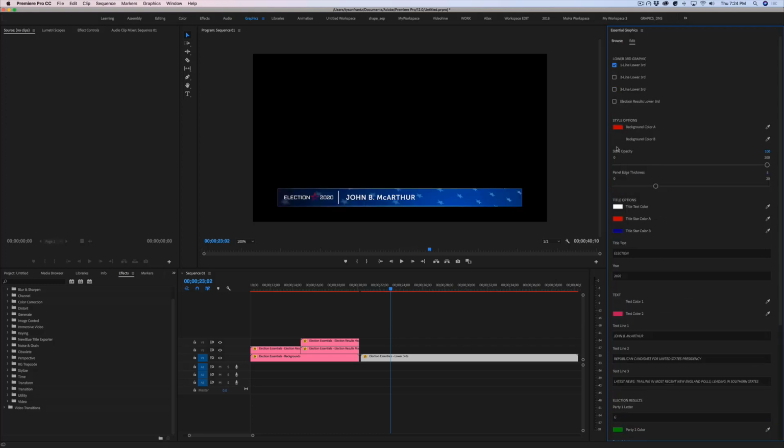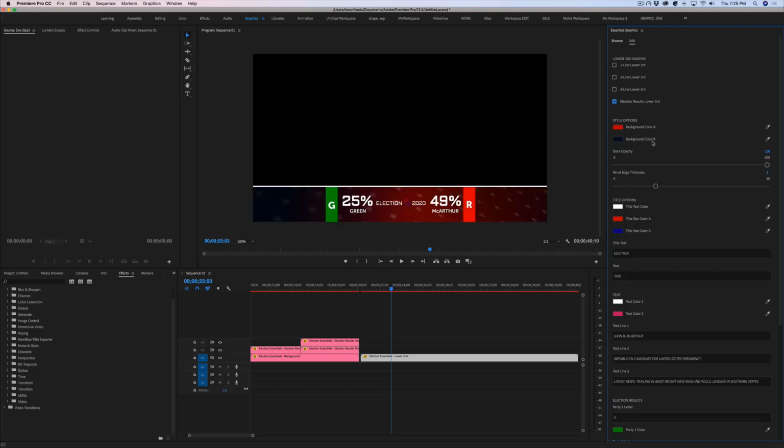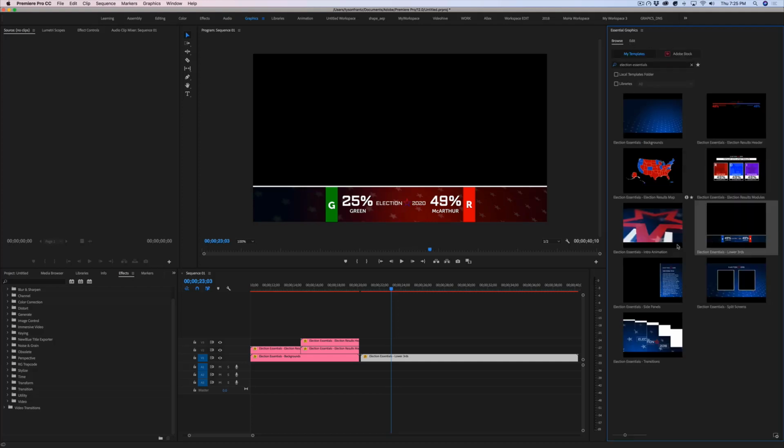But now what if we had our 1-line lower third? Clearly, if we're just dealing with our 1-line lower third, the only line of text that we would be updating would be this text line number 1. None of these other lines of text would really mean anything, and we wouldn't have to worry about customizing those because they wouldn't show up unless we activated them here in our graphics. So I'll go ahead and turn our election results back on, go back to browse,